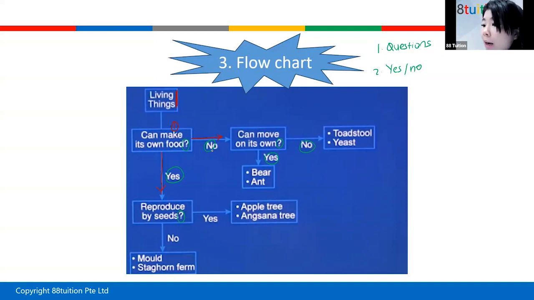If it cannot make its own food, the next question is, can it move on its own? Whether you answer no or yes, I will branch into the items that I want to classify. So if I look at the ant, what are the characteristics of the ant? I move up, can make